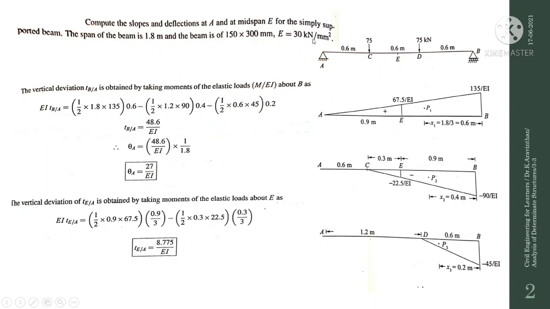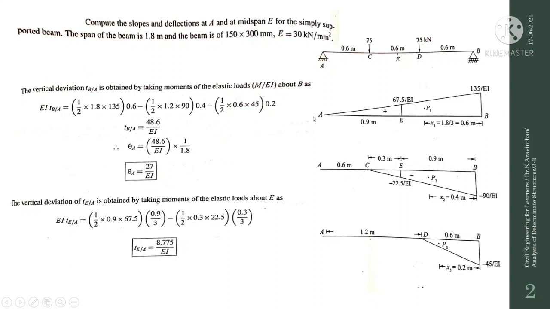and the material is being given with a Young's modulus of 30 kilonewton per mm square, and 2 point loads are acting. In the earlier problem, we saw a single point load. If multiple point loads are acting, if 2 point loads are acting, then how can we identify the slope and deflection? This is what we are going to discuss now. First, you have to find the vertical deviation of TBA at the support B, due to these two loads. What will be the total deviation at the support B? So let us find that.